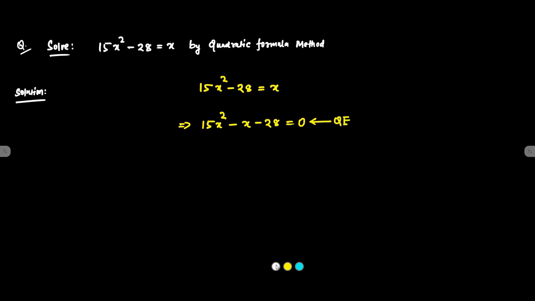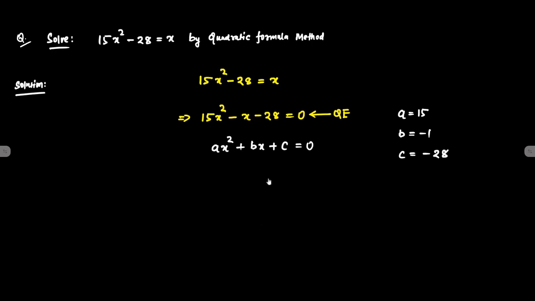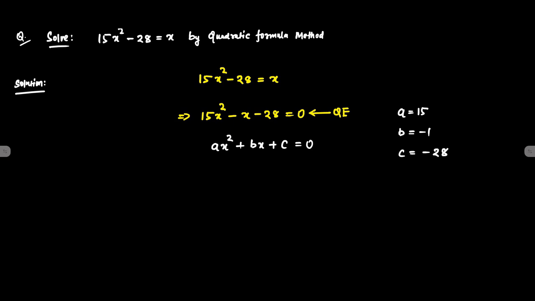Now if we compare it with the standard quadratic equation format, that is ax square plus bx plus c is equal to 0, we will have a is equal to 15, b is equal to minus 1, and c is equal to minus 28. So here the two roots of the quadratic equation will be